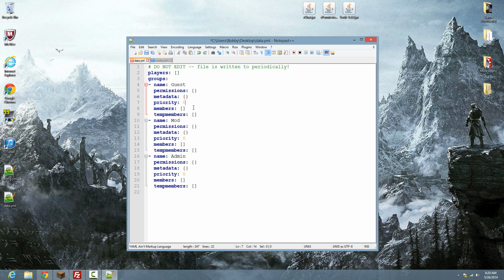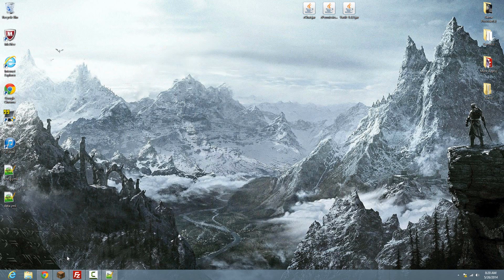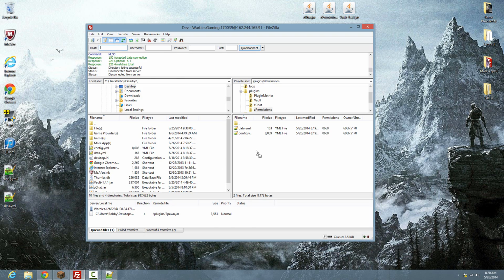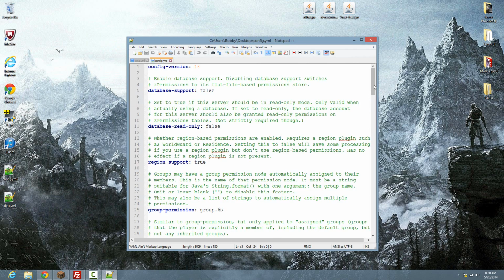Make sure the priority of the guest group is 2. I like to set it to 2, and then the rest can be 0. That's just how I would set it up, and how you guys should too. So save that. You can minimize it, drag it back into your folder, replace it, and now if we go back into the config, you can see